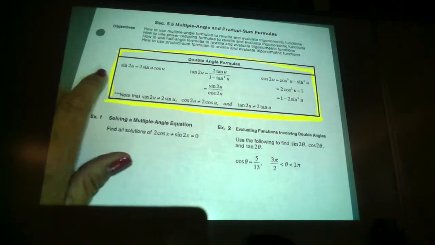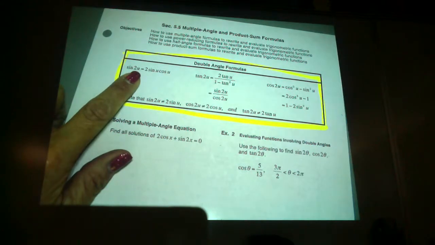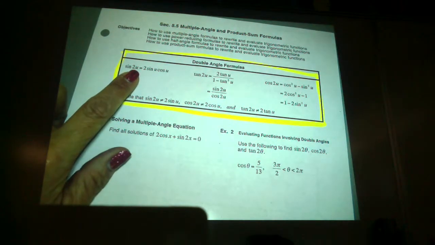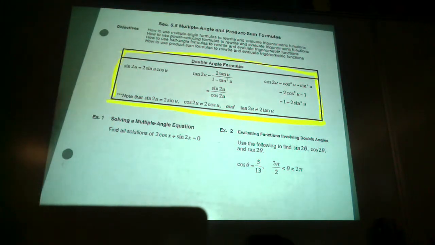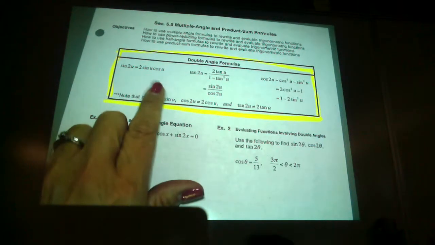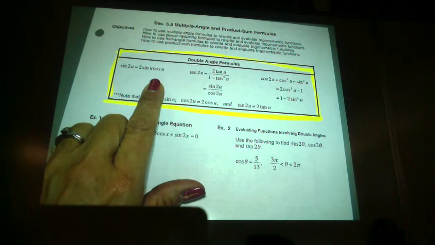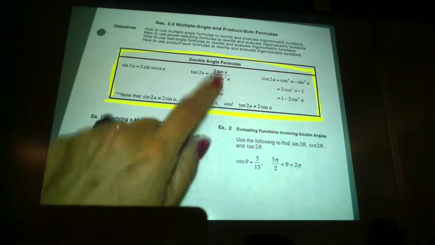So we're going to find the sine of 2u, or 2 theta, whatever the u happens to be. It can be all kinds of different things, right? 2x, whatever it might be. There's only one choice for sine. There's 2 choices for tangent, and